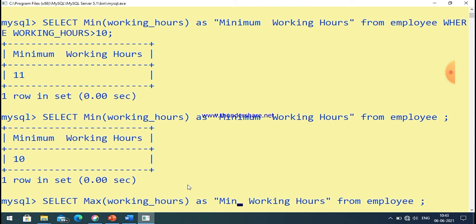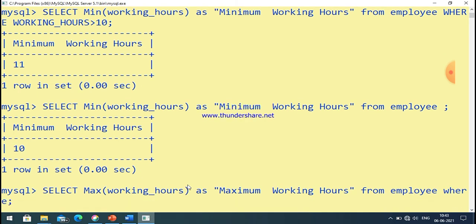And similarly, if you want to find out the maximum value, then in place of min you can write max. All things remain the same, and the condition is where occupation, where occupation is the name of the column.